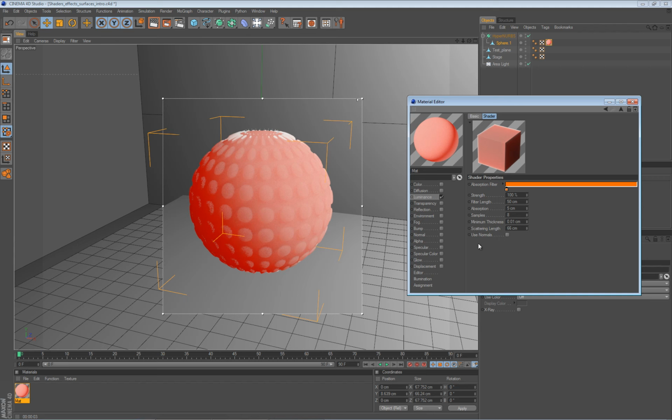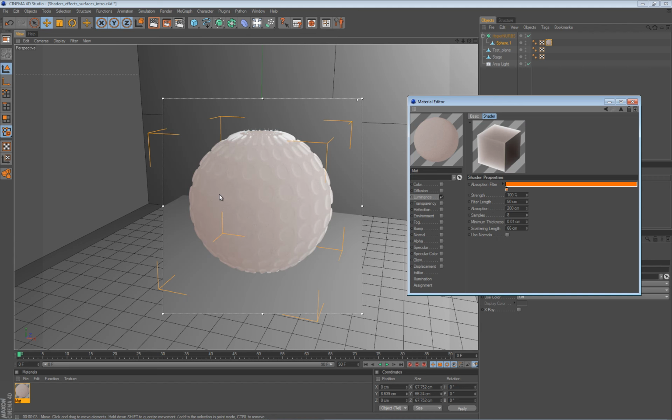And on the contrary, if you enter something really large here, like let's say 200, you will completely wash out that color and this shader will become really washed out. So let's take that 5, maybe even 10 value, so it's not so pronounced, not so saturated as we had before,